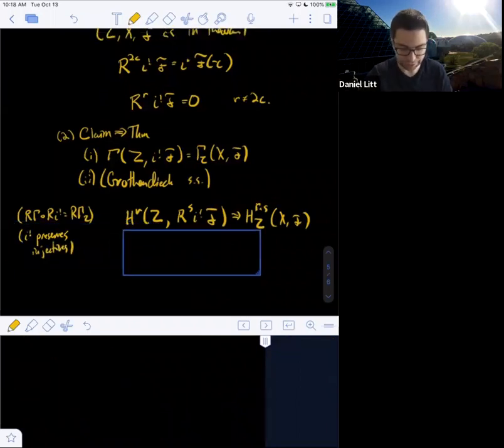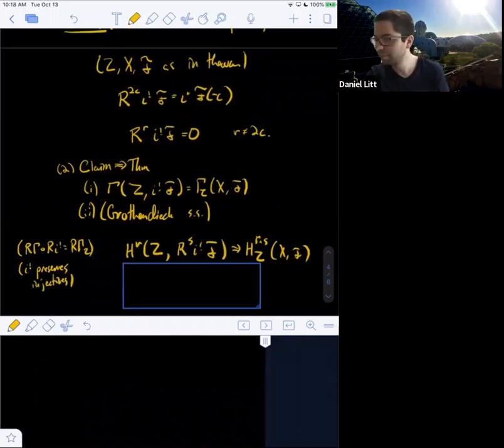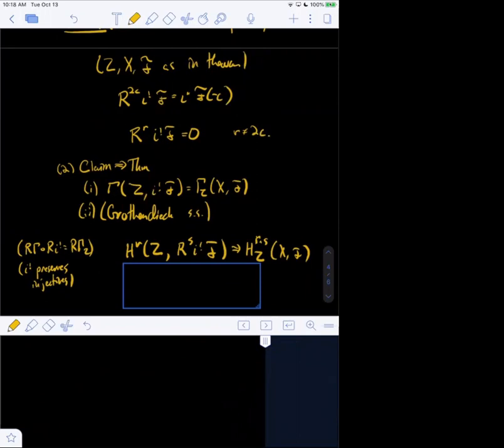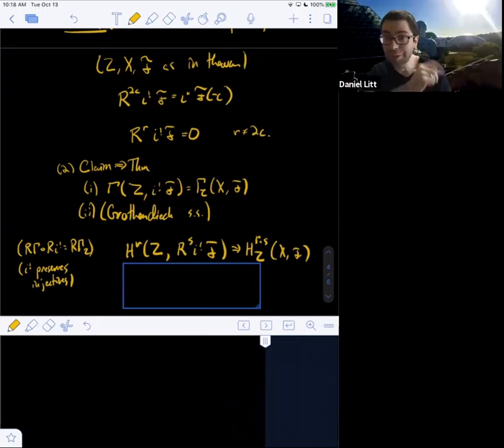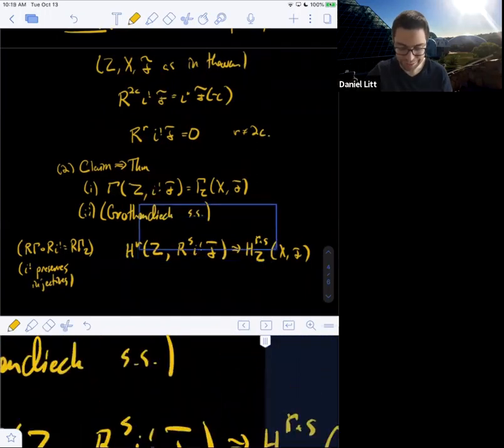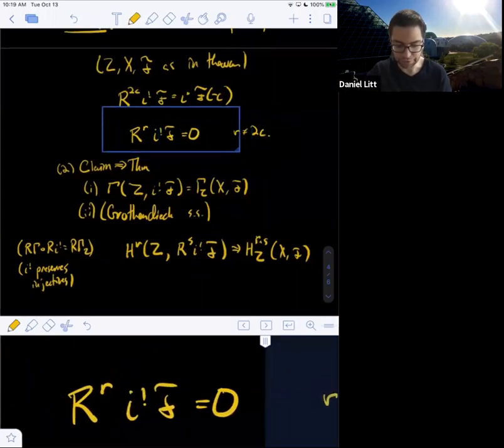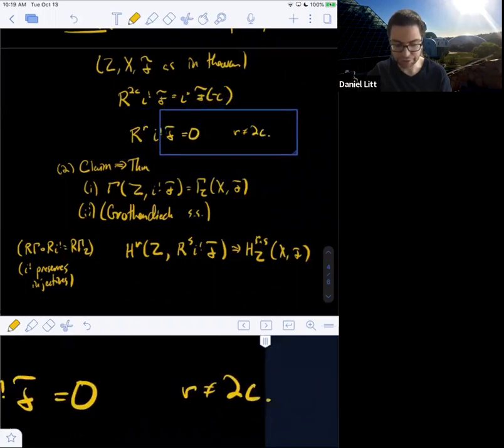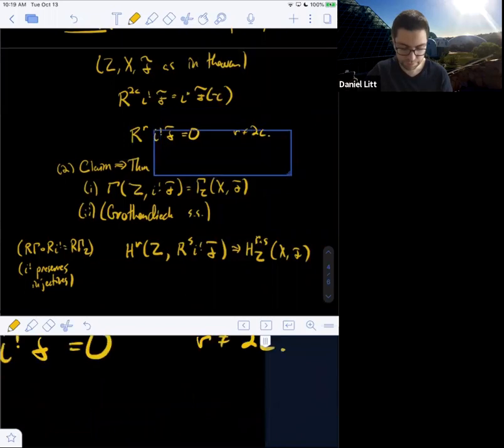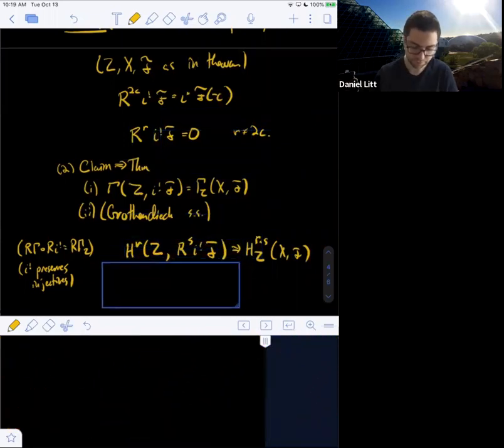Okay, now can anyone tell me why the claim implies the theorem? So the spectral sequence has two columns. I think just one column, right? Isn't it also in r equals 0? No, right, because F was locally constant constructible, so i^! of F is just 0. Okay. Right, so in fact, the theorem says that it's 0 unless r is 2c. So then you can plug in r equals 2c there. Yeah, exactly right. So by the claim,